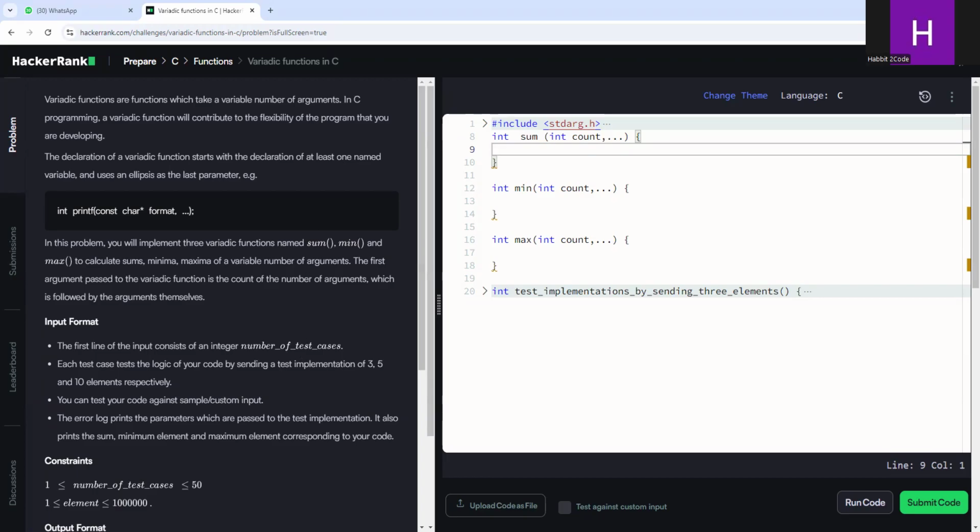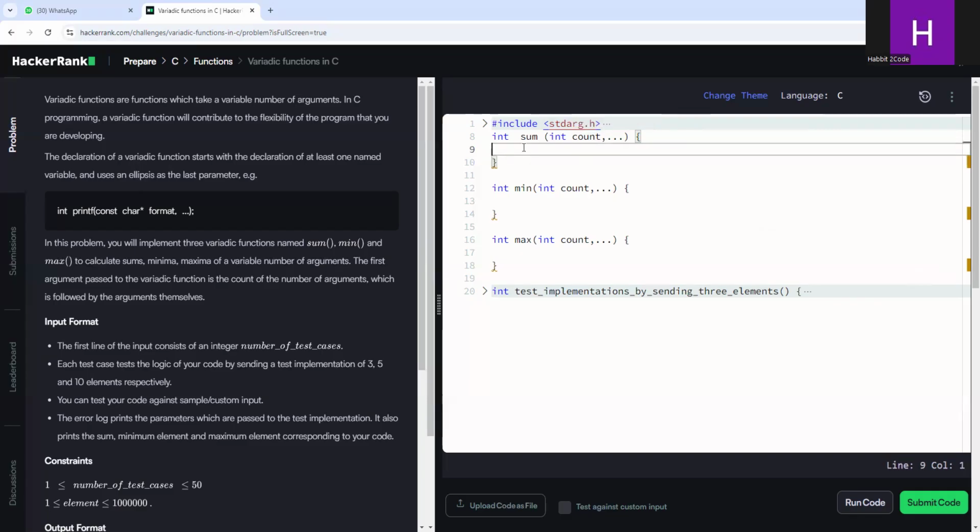This variable argument function is implemented in Excel. An example I'll show you here. Equal to sum, if I write only sum 2 comma 3, it gives an answer. Equal to sum, this time I'll give 3 numbers, then also it is working. Now again I'll give 4, 5 arguments, then also it is working. That means one function works for any number of arguments. This is called variable arguments. In C language also,